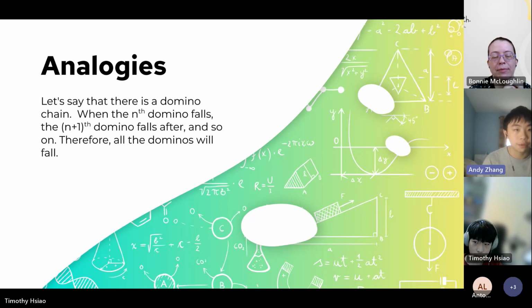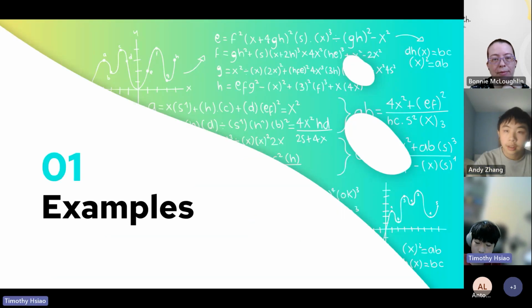If I say I'll hit the one in the middle, and that's where my base case is, and I prove that if one falls, the next falls, then that is guaranteed to work for everything past the base case. But any domino before that is not guaranteed to work. So it's usually good to start with the one at the very beginning. In dominoes, you just hit the first one, and you prove that if one falls, the next falls, and that means all of them will fall since you started with the first one. So these are the